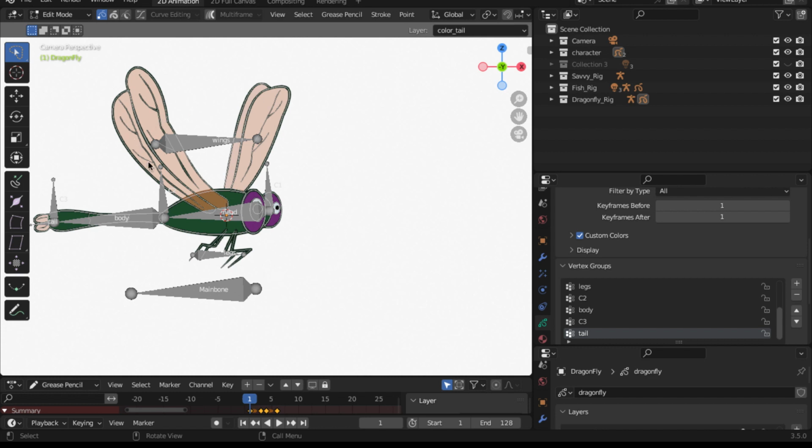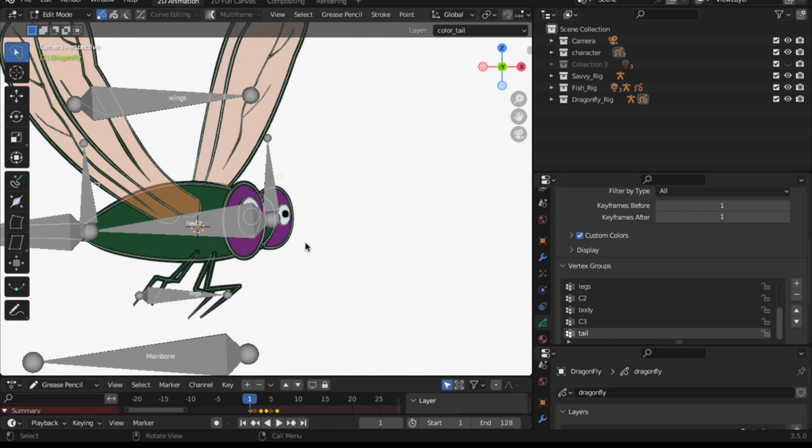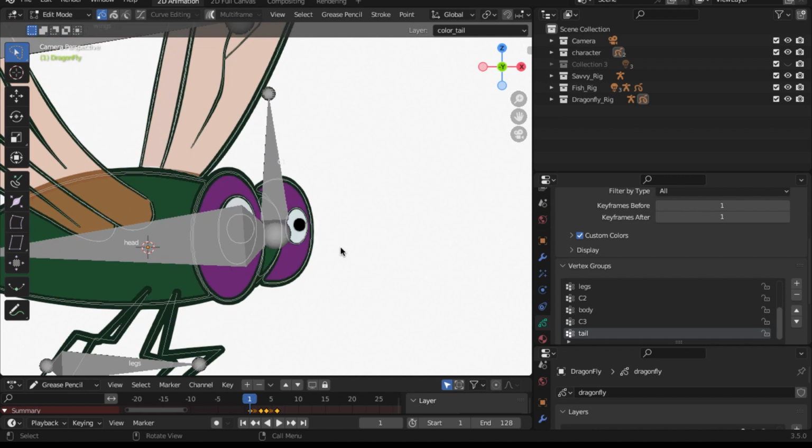Okay, and then these are parented to this one, and this is parented to this one as well. Okay, and then I will explain more about that, but in the meantime what we're going to do is